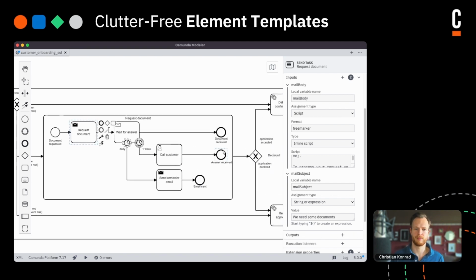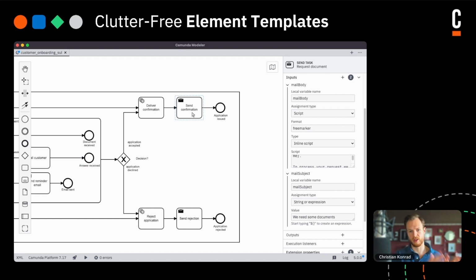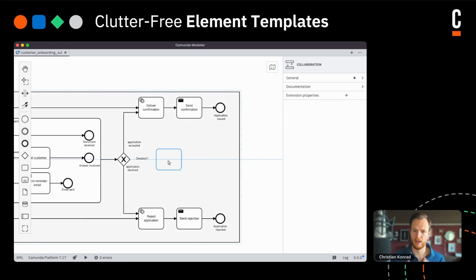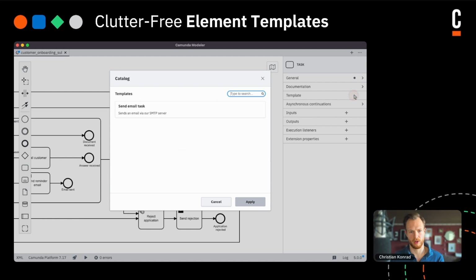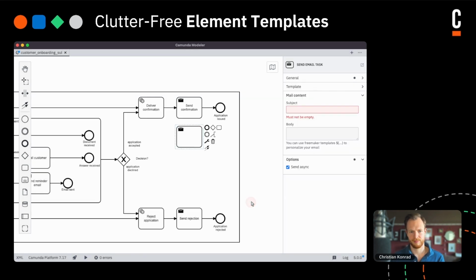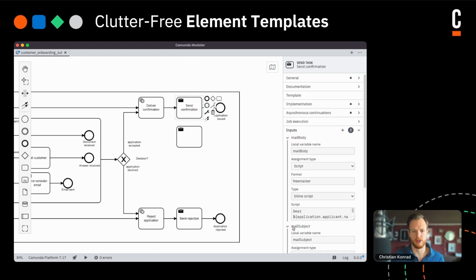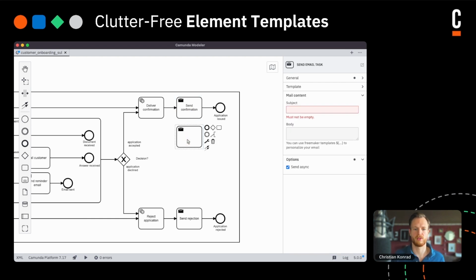Let us just replace the send task here, which sends an email, with the corresponding templated task. We can simply create it from any blank task by using the template chooser. It looks a lot cleaner compared to the original task, doesn't it? The name of the template appears instead of the name of the original task. You can now specify and display a reference to your documentation here by simply providing a link to the template.